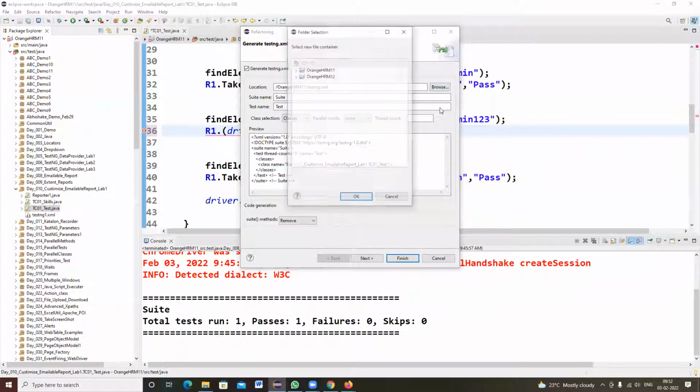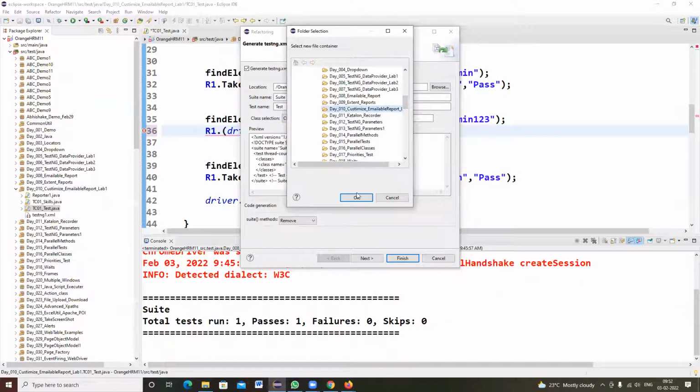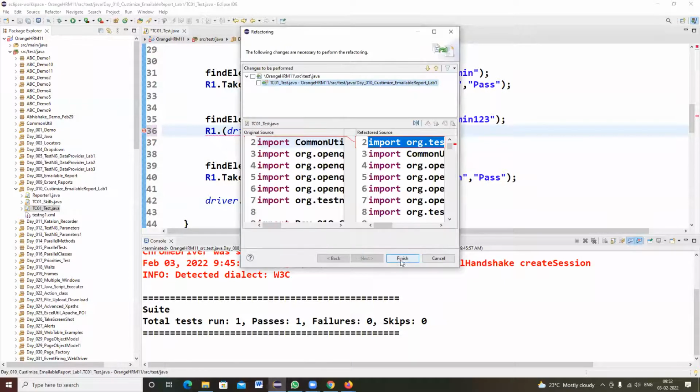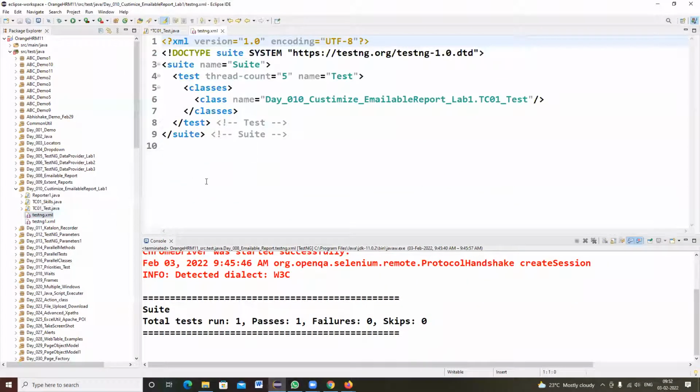So I need to browse lab number 10. So here TC01_test testng.xml got generated.